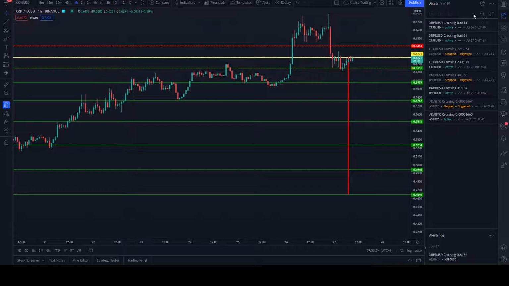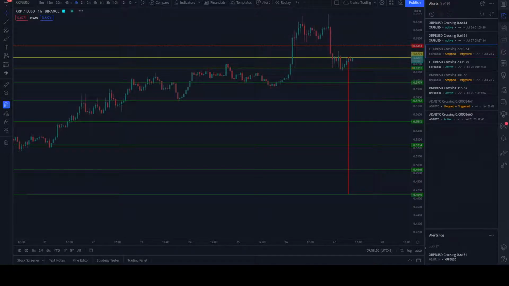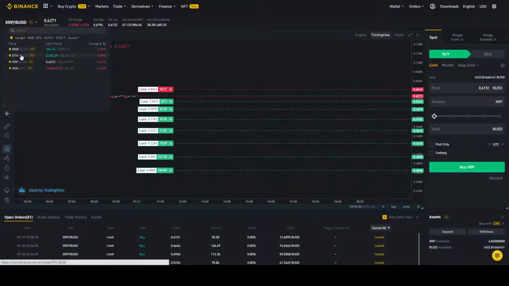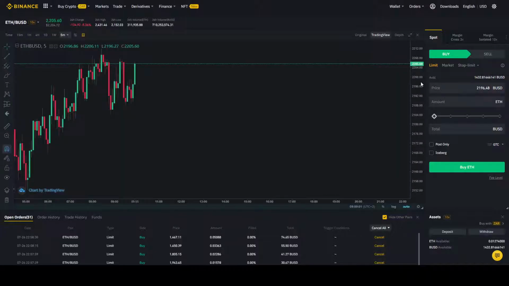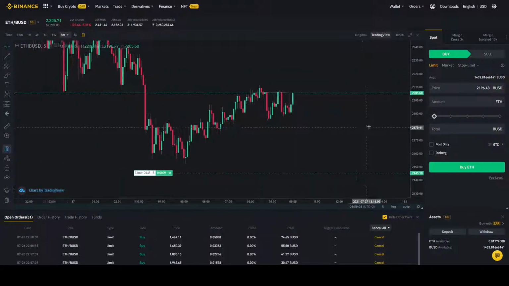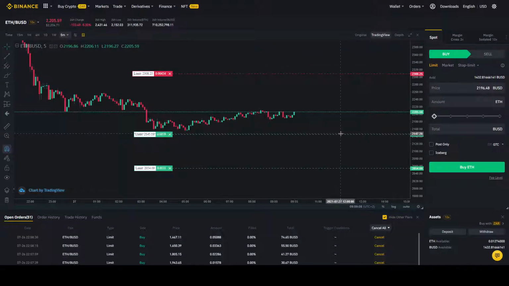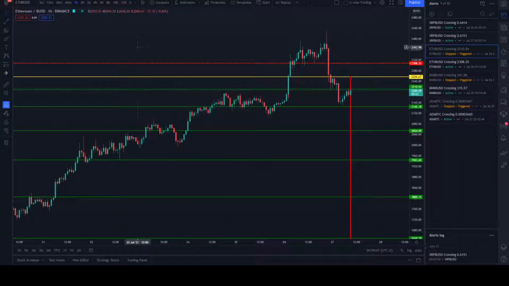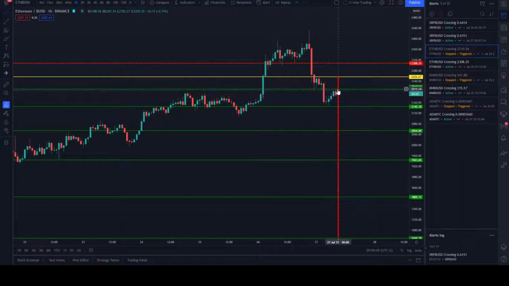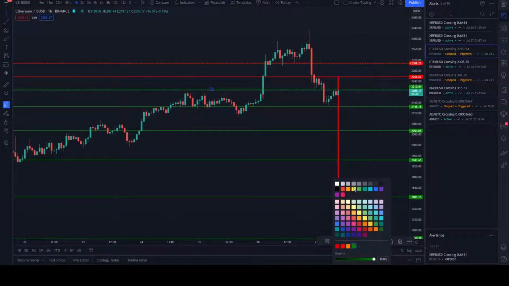Now the second one we need to look at is Ethereum. Let's see what Ethereum did. So Ethereum also triggered. It dropped, it bought one. So this one is becoming a sell limit order, and this one becoming our entry point.